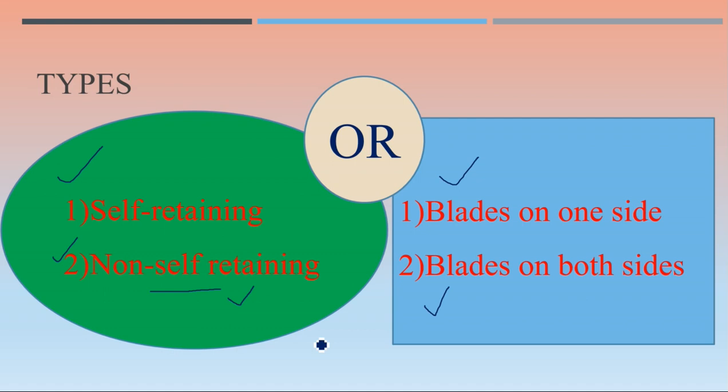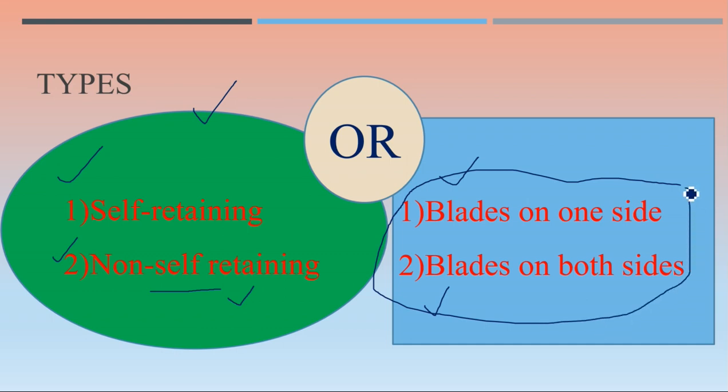So in these two manners we can classify the various retractors. The first classification type I will be discussing here, and this is your self-directed learning. I'm posting the images here. You can yourself judge which one is having blades on one side and which one is having blades on both the sides. Accordingly, you can classify the various retractors, right?